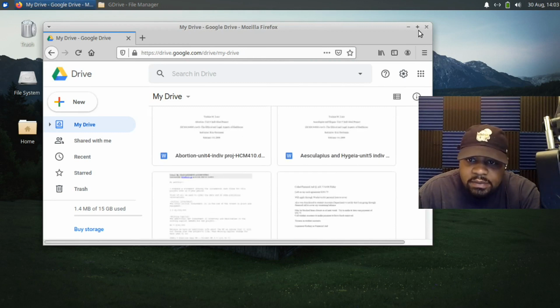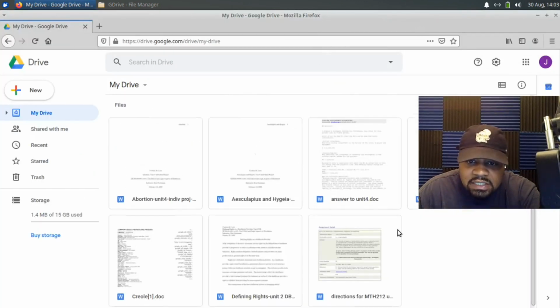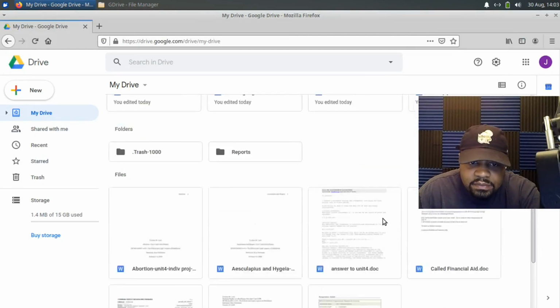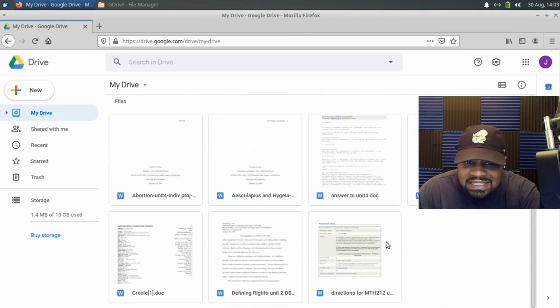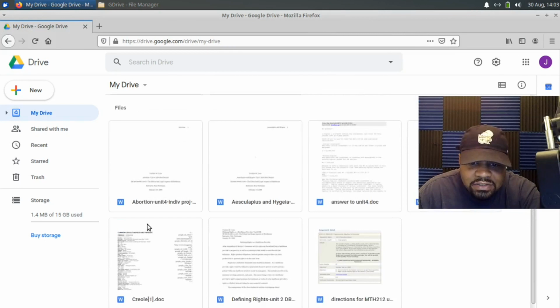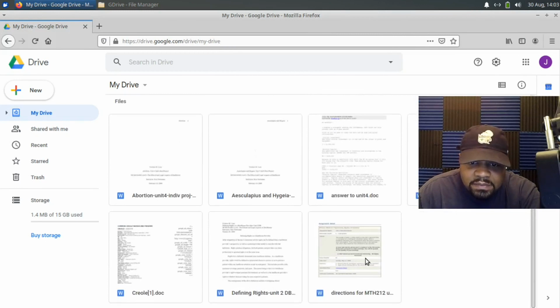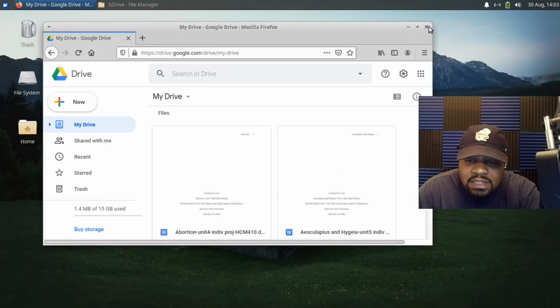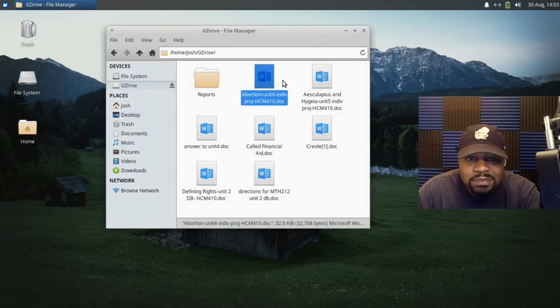So let's actually make it big so you guys can see. And it may take a second to update. Well, no, it's files right here. So, and that's 7 files right there. So that lets you know that that one file that we deleted is gone off of Google Drive. So like I said, it syncs, so if you delete something up here, it'll delete it locally as well. So if we go down and close it, I mean, we can go down and close this, but no,